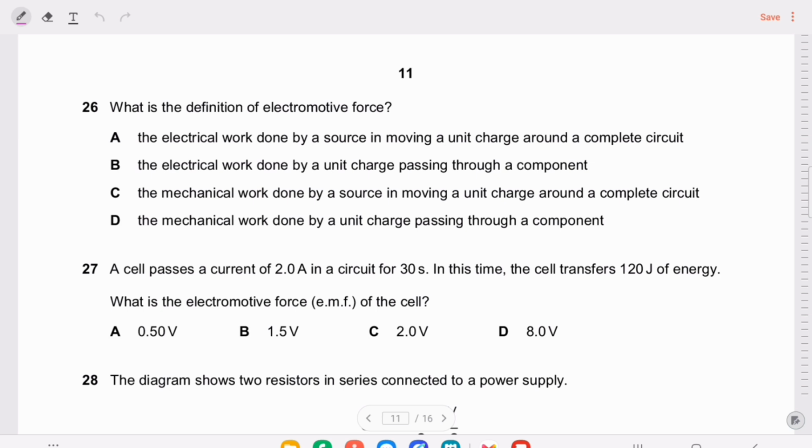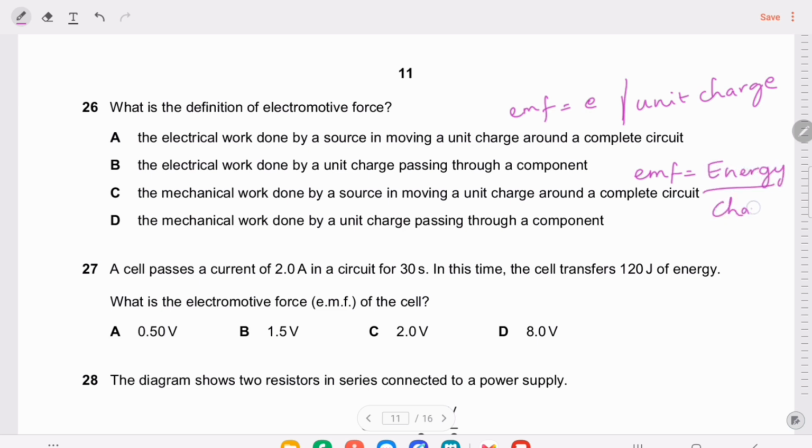So electromotive force is the energy that is supplied by the source to each coulomb of charge. So in simple words, a battery gives energy to charges and pushes them around the circuit. The amount of energy given to 1 coulomb of charge is called electromotive force. So EMF is basically energy supplied per unit charge. And you can also write it like EMF is equal to energy